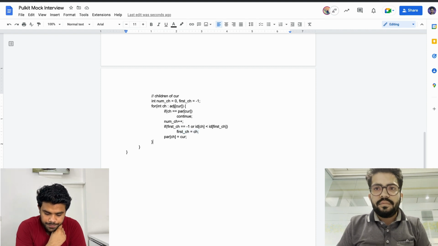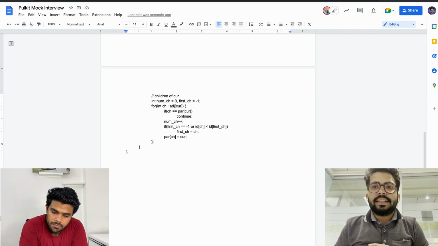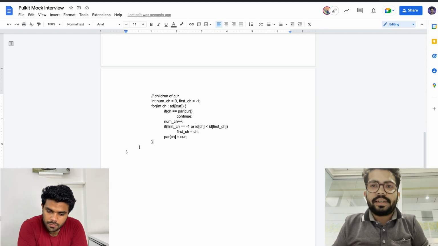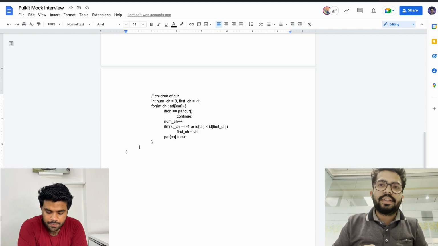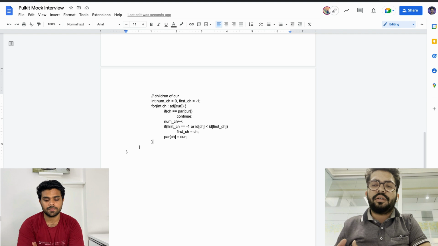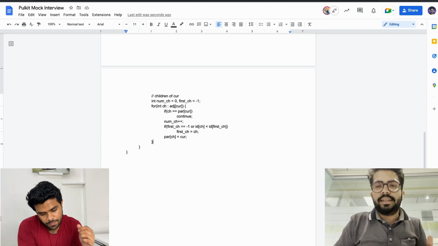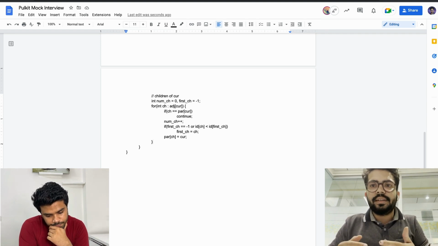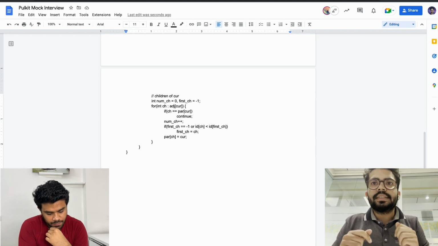Now my argument was that if the BFS order that you are claiming to be valid is actually valid, then all my children will be adjacent to each other in the BFS order, right? Yes, because that's how it works. Whenever we pop out an element, we insert all of the children of that element once in the queue, and they should be adjacent to each other, in some order. I hope that's okay.